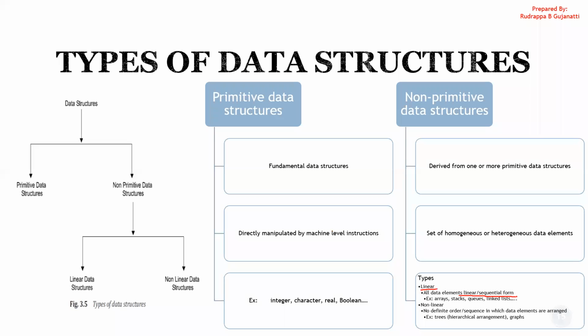That is, one after the other. If you want to insert or delete, it will be performed in some specific sequence and it will not disturb the rest of the things. But in non-linear data structures, you don't have any order or sequence in which you are arranging those elements. It all depends on the logic you are implementing. In this we have trees, which are hierarchical arrangements, and apart from that we also have graphs. We'll be having a look at all these things in the coming sessions.